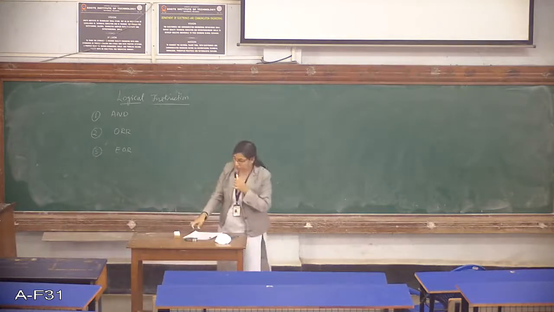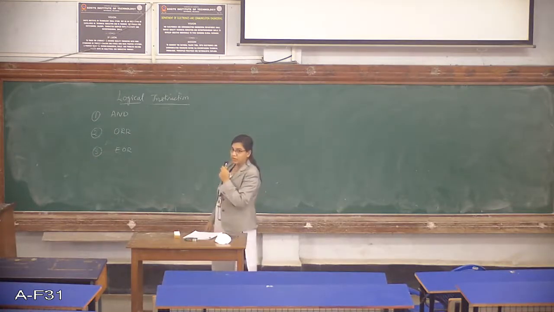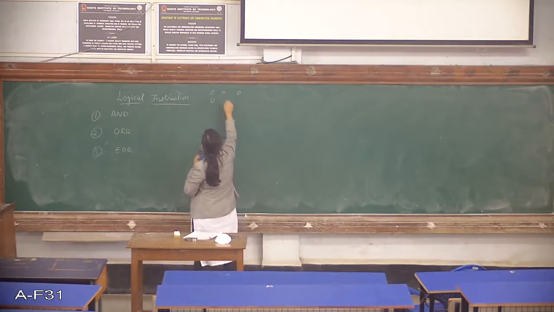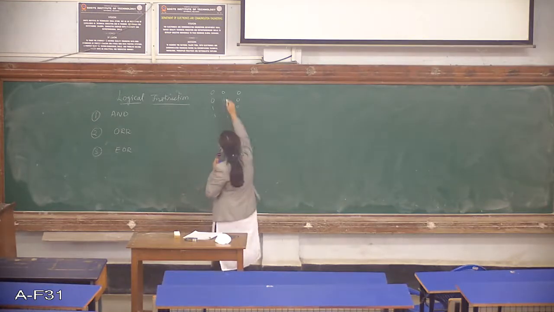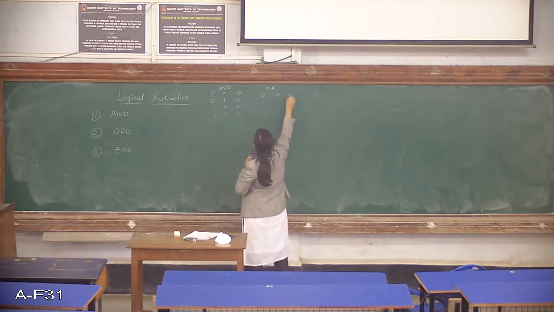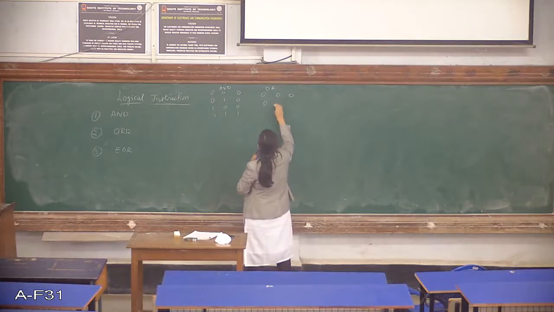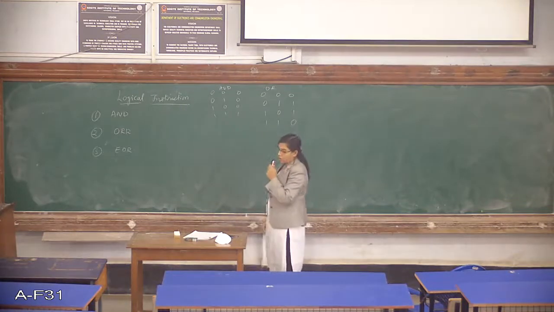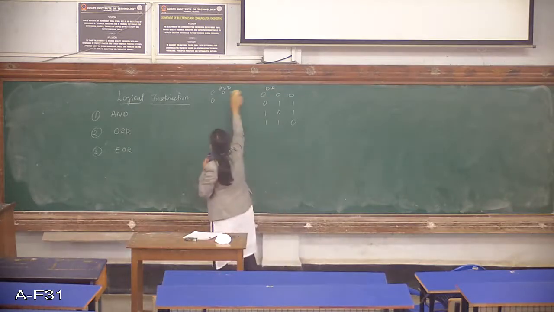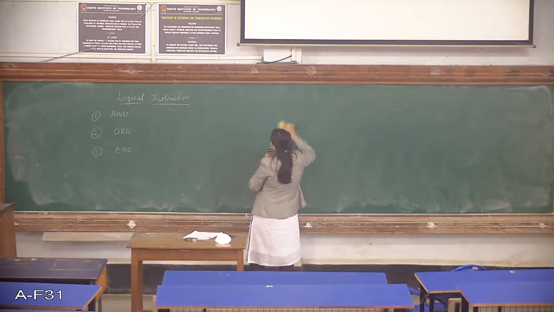As you already know what the AND is doing, the AND truth table you know. It is nothing but, if it has 0, 0, it is 0; 0, 1 is 0; 1, 0 is 0; and 1, 1 it is 1. This is the truth table for AND. If you go with OR, it is 0, 0 is 0; 0, 1 is 1; 1, 0 is 1; 1, 1 is 1. So this is what we have for OR, and then we have XOR, the same truth table as you have already studied in logic design.